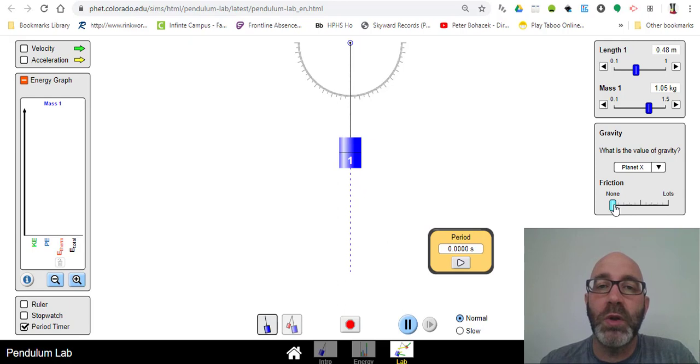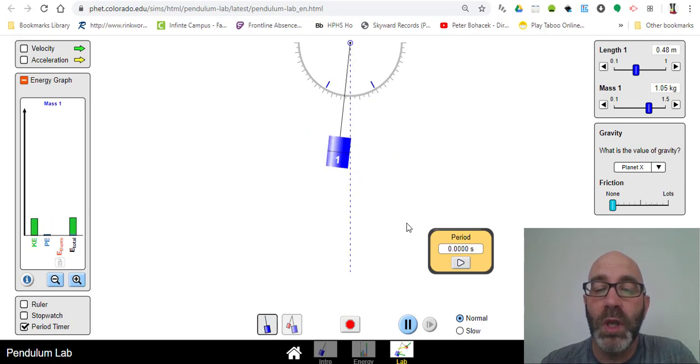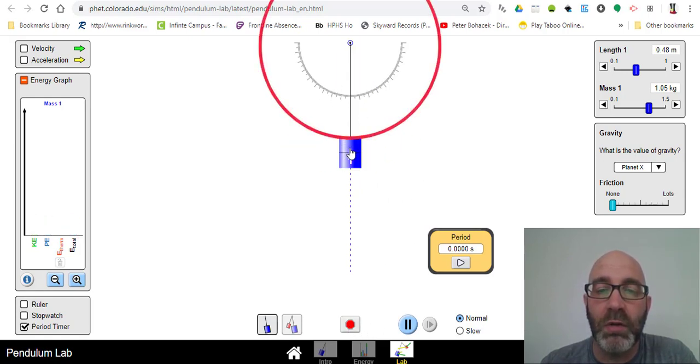The friction bar, you can add friction. I suggest you don't, because if you set no friction, the pendulum swings forever and ever, and you can measure the period. The last thing I want to point out is you can also measure angle,